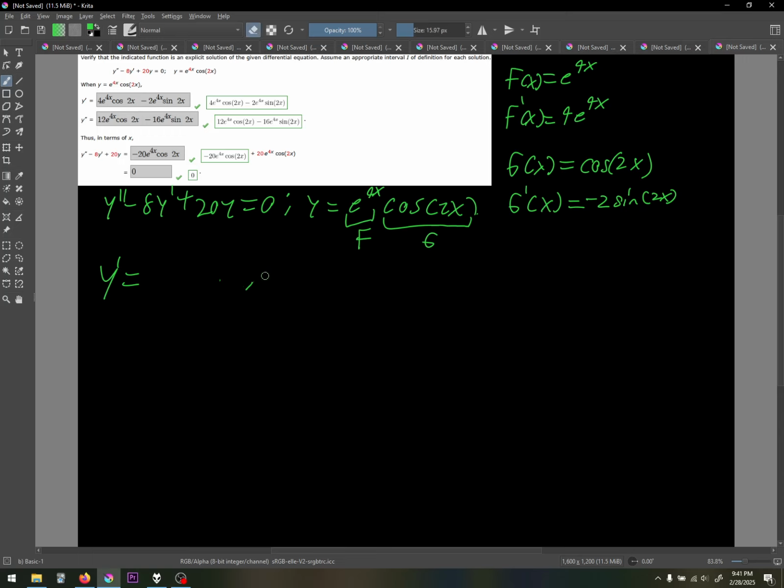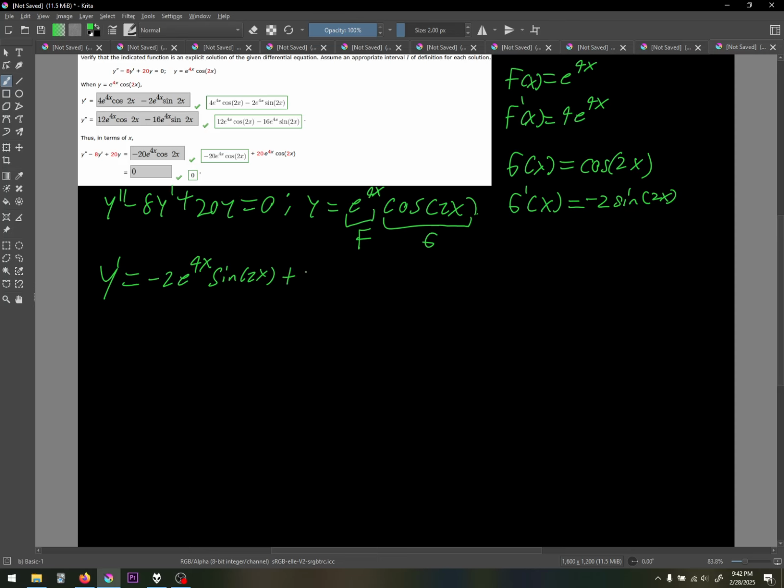That's bizarre. e to the 4x times our g prime. This is going to be times negative 2 sine of 2x, but I'll rewrite that a little bit better. So this is going to be negative 2e to the 4x sine of 2x